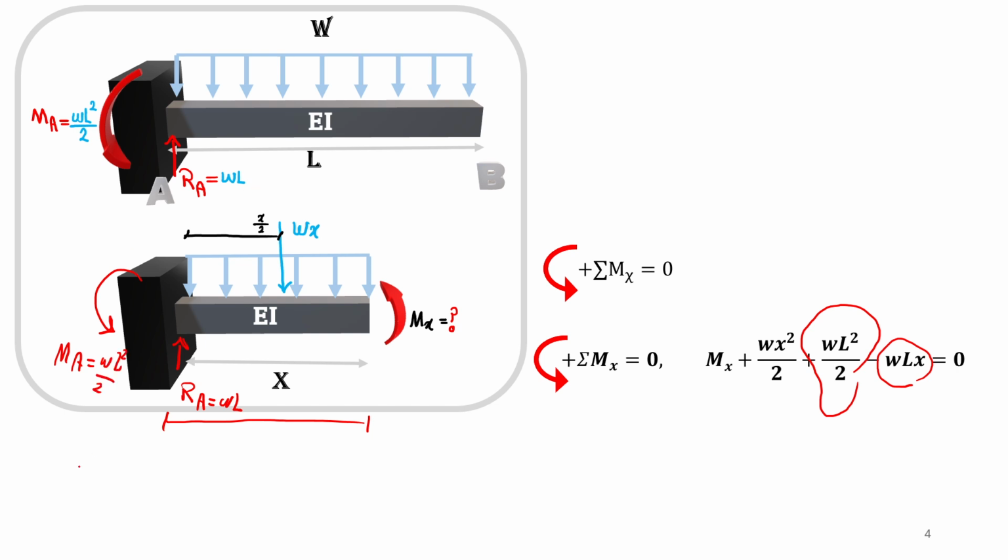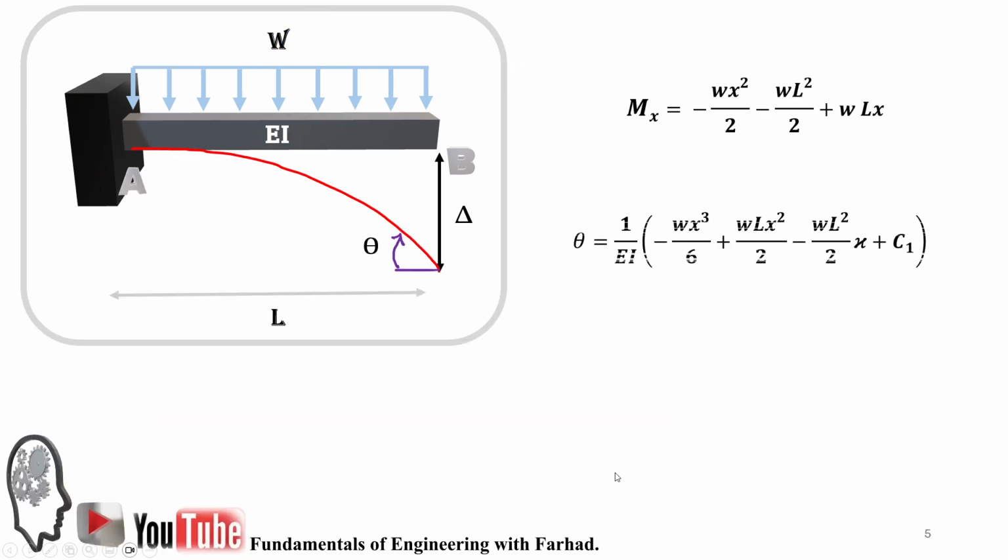These are just the reactions of the fixed end due to this loading. Then it says M sub x is equal to negative Wx squared over 2, negative WL squared over 2, plus WLx, that's our moment function. And if we integrate our moment function once, it gives us the theta,